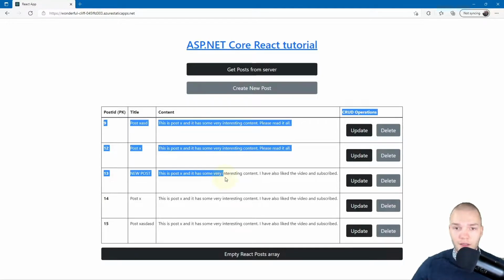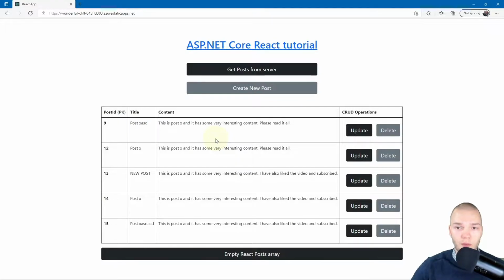So in this little demo app, we can do all the CRUD operations on that posts table, meaning we can create new posts, read out the existing ones, update them, and delete them. And we can do this via a React UI, which talks to an ASP.NET Core version 6 minimal web APIs. And those APIs use Entity Framework Core to do the database operations on a SQLite database.